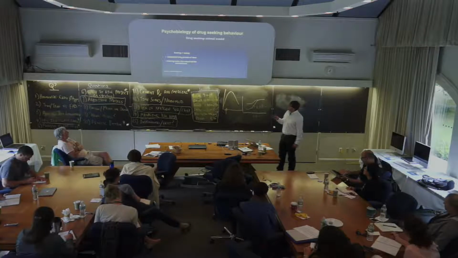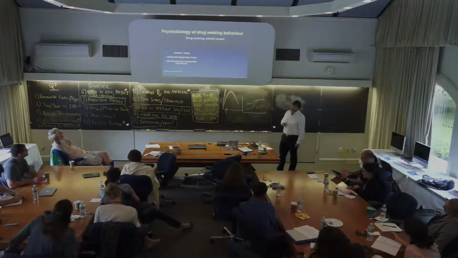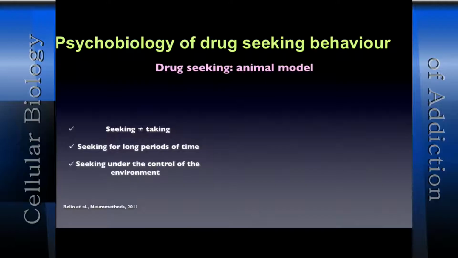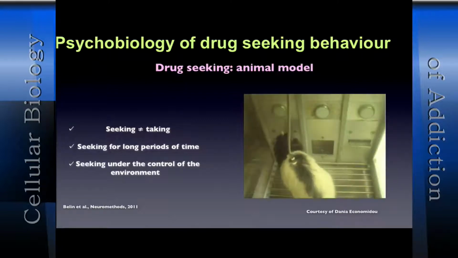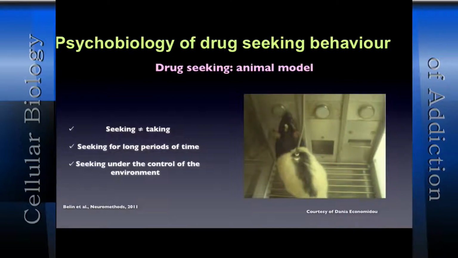And how to measure seeking and taking? You need to have seeking sequences for long periods of time. And we want seeking responses under the control of stimuli in the environment, so under conditioned reinforcement. And this is what you can have with second-order schedules of reinforcement. This rat is going to press the lever for 15 minutes. Every 10 lever presses, it receives an illumination of the light. And look at the behavior. The rat is highly interested in the light. This rat is going to press this lever 300 times in 15 minutes